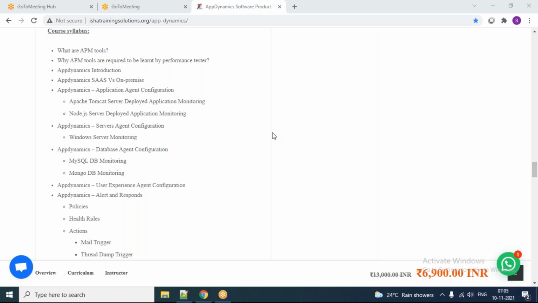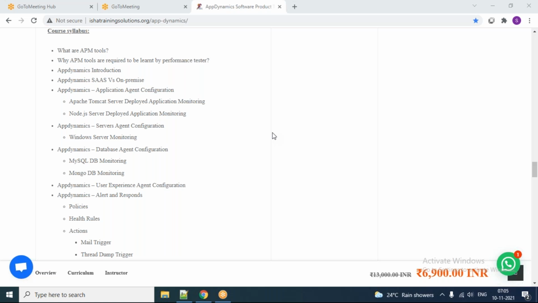And then, why are APM tools required to be learned by performance testers? Because, I'll tell you, APM tools are mostly related to performance metrics, and that is the reason mostly performance testers are learning this tool. But it is not mandatory that performance testers alone can learn this.